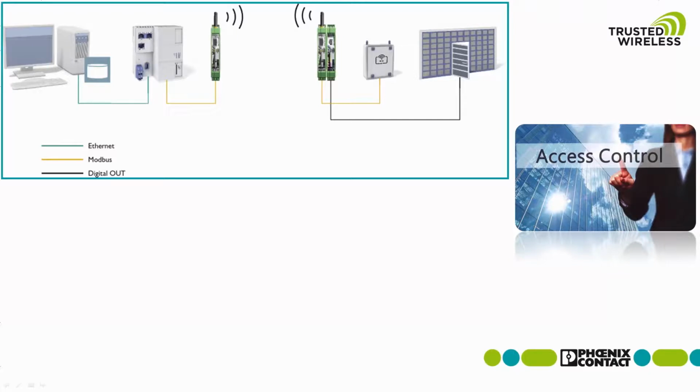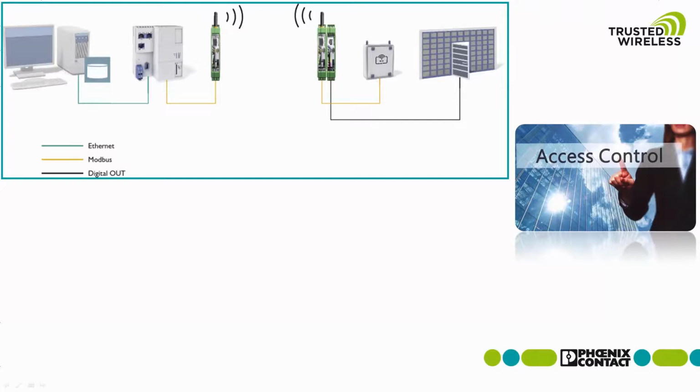For access control of plants, RFID readers are often used to record plant ID cards. In most cases, they have a Modbus interface. With the new PLC Modbus RTU dual mode, it is now possible to transmit digital output signals to open gates and doors, in parallel to the transmission of the Modbus RTU protocol.